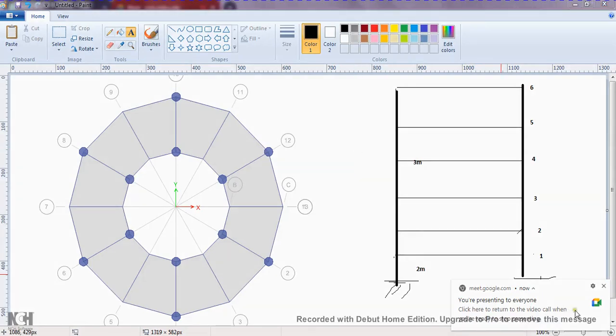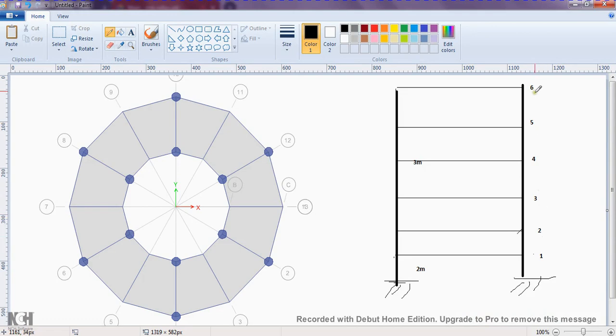Stadium or something. So it is in between, it is empty, you can keep it as empty here, or if you want you can create a slab also there. Okay. And so let me come to the number of stories. There are 6 stories I will take, a 3 meter space, and typical story height is 3 meter, bottom story height is 2 meter.